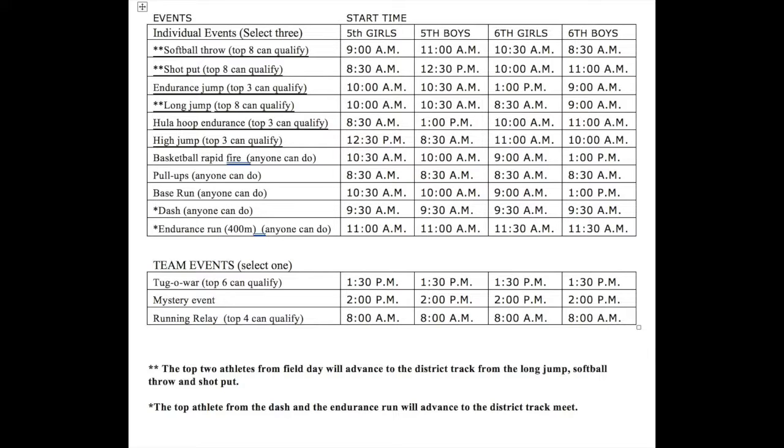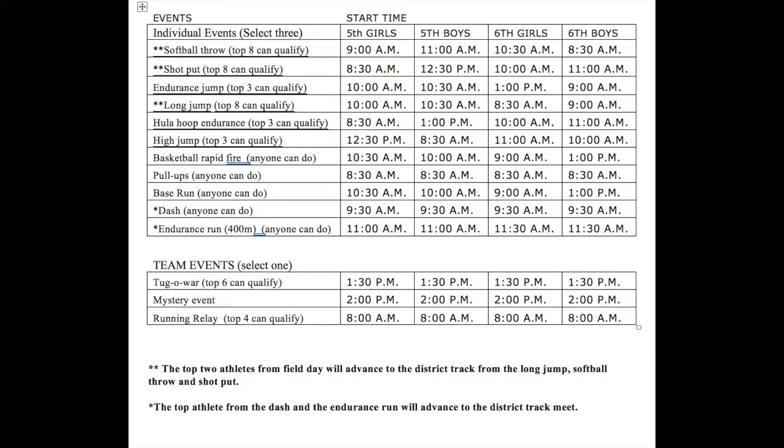The only events that are limited to the top 3 boys or girls from your class are the jump rope, the hula hoop, and the high jump. But don't forget that not everybody who qualifies for an event is going to want to do it on field day, and that no one can do more than 3 individual events and 1 team event, no matter how many events they qualify for. When it comes to team events, everyone can try out for the room relay and the